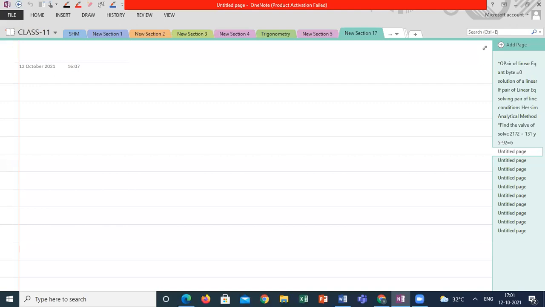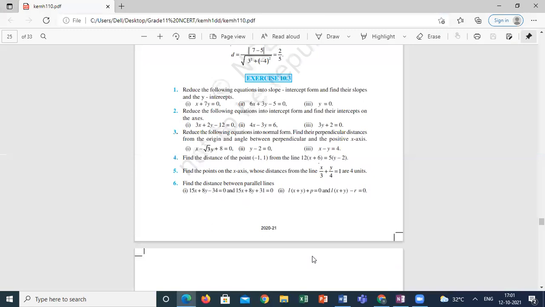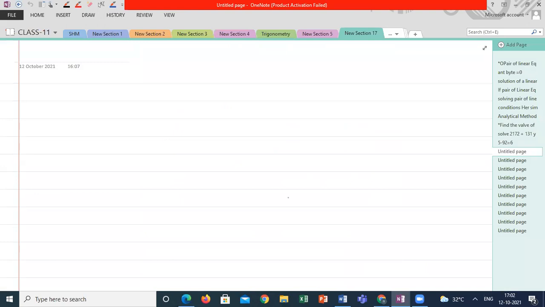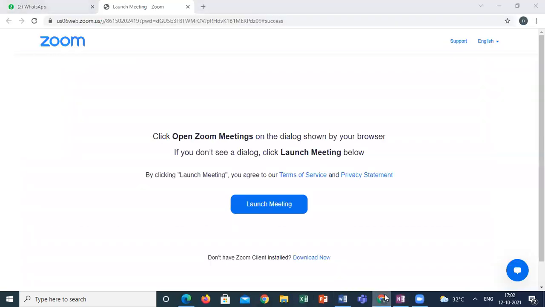So we'll start where we halted yesterday. I think we did the first question: reduce the following equations to intercept form. We did the second question also. I told you the third question and all I will explain after discussing the normal form again. So everybody knows what a normal form means? Expressing the... We'll wait for a minute. Nine members only. Instead of waiting, we can go for some other question other than normal form.